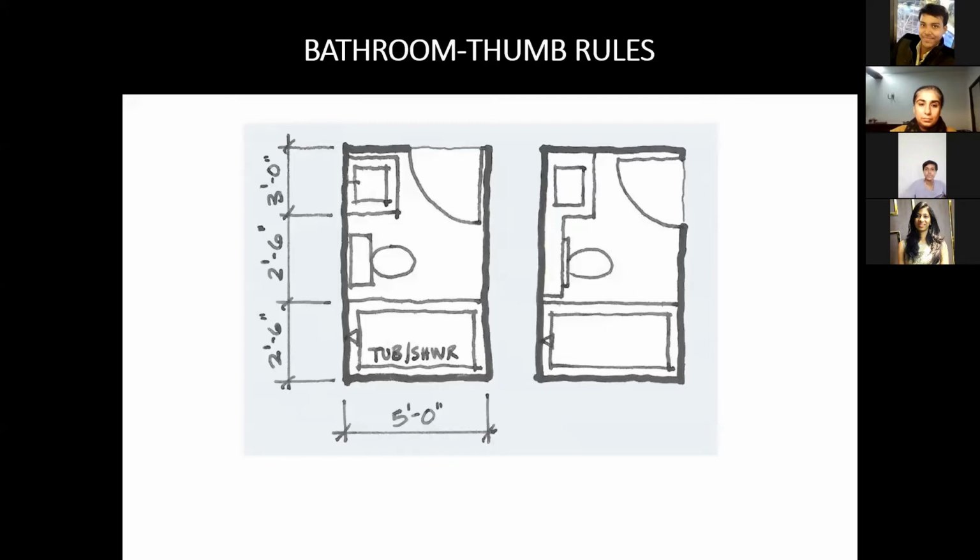How can we include all the fittings? The wash basin occupies 3 feet of space. Then the WC occupies 2 feet 6 inches, that is the standard. And then there is the bathtub that also occupies 2 feet 6 inches. And there's another layout in which the countertop of the wash basin is continued over the seat, which can also be used as a ledge to keep your toilet seat. Next slide.